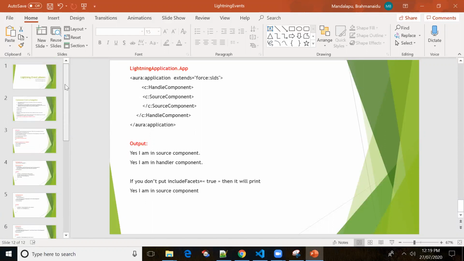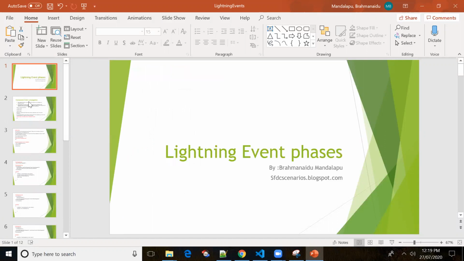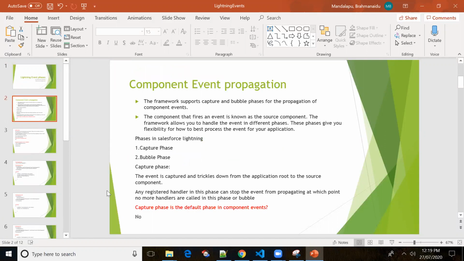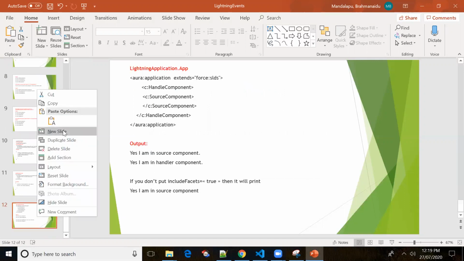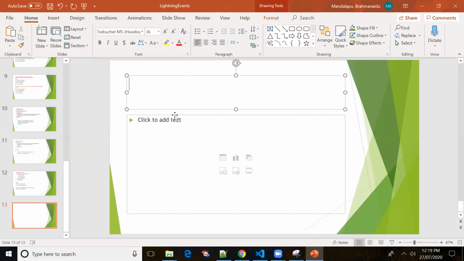Clear, guys? Any questions related to this? We have event propagation in application events as well, so I'll give you a task on this. Just try to see the order of execution. Nobody will ask you this. What you do is create multiple components and try to put different phases and see the order of execution. So this is going to be a task.